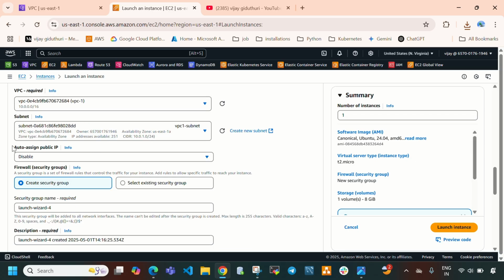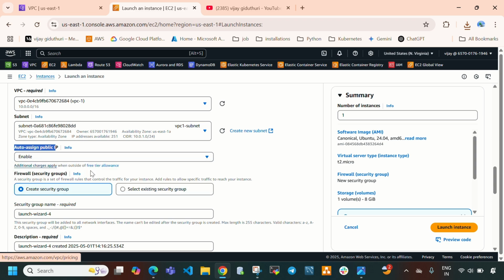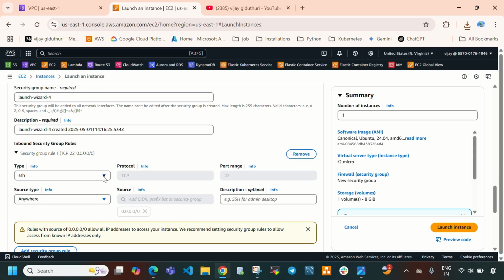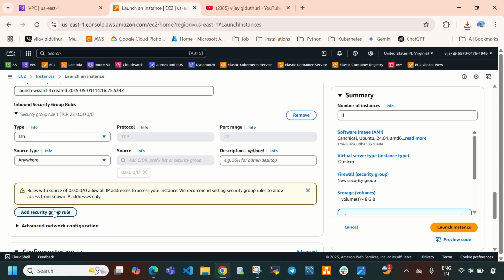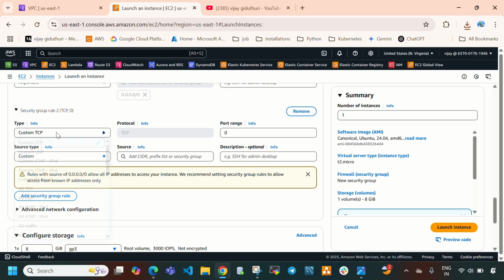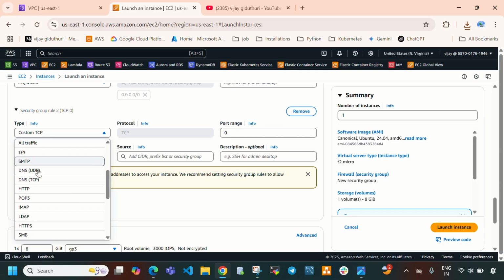After that, here you need to enable auto assign public IP. If you select disable, it will not assign a public IP address. If you select enable, it will provide you a public IP address, so then you can access this virtual machine. So you need to select enable, and in security groups I'm giving SSH access, and directly select add security group rule, and I'm going to provide access for HTTP,